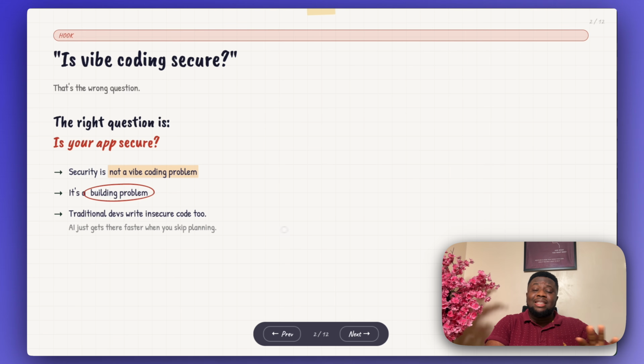Now, the thing I'll say is this: there are a lot of principles I can teach you, but based on the kind of app you are building, it can vary. Do you understand? There are a lot of small security vulnerabilities you might have that can differ from app to app. So this is the first question you need to ask, right?